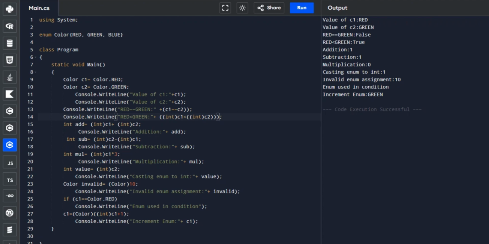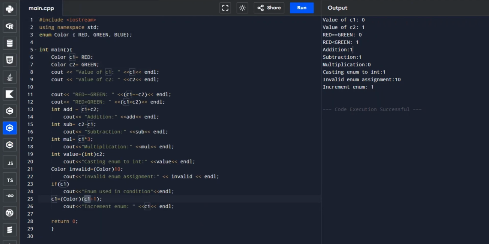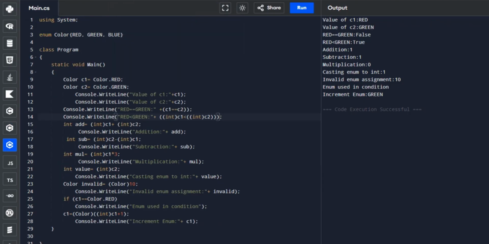Okay, so now let's see it one by one. Let me explain to you one by one. The C Sharp program performs the same operations on enumeration values as the C++ program.